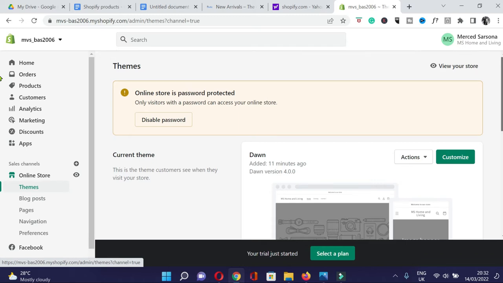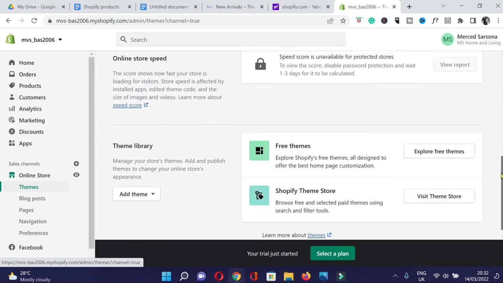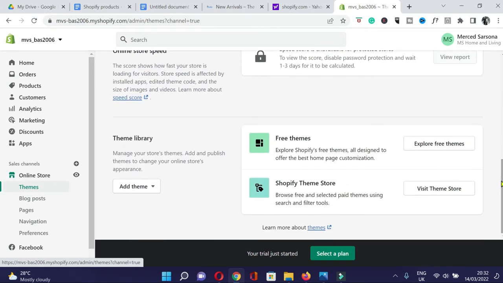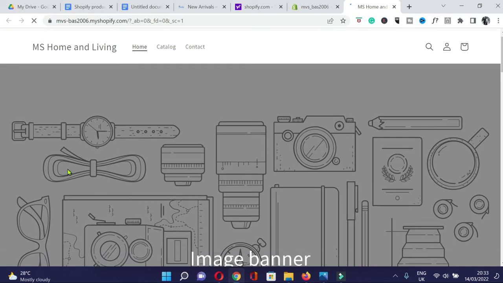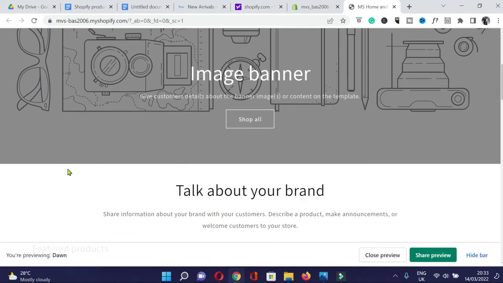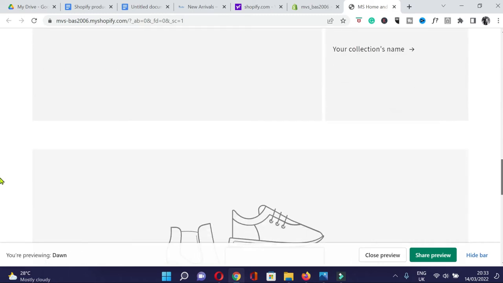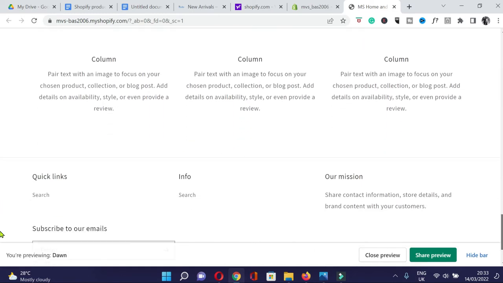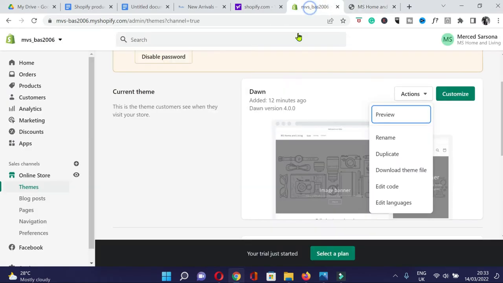So by default, the theme is Dawn, but I'm going to explore more themes because I'm not sure if I'm going to like this one. I'll preview what it looks like. So image banner, talk about your brand. No, I'm going to explore more